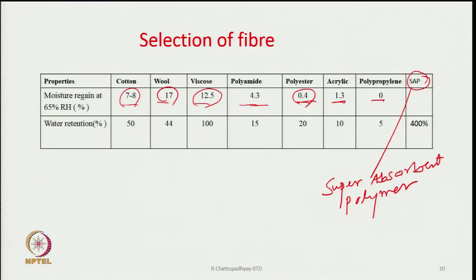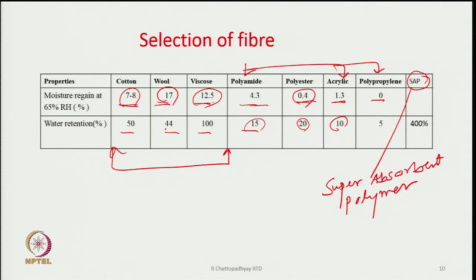The point is that all these fibers, the cotton, wool and viscose rayon in this case, show a contact angle which is very low. That means wetting is very fast, liquid can easily wet these fibers. So, quick wetting is possible, whereas with the others it will not be possible. And the second thing is the retention part, which we also have to take care of. You see the retention of the liquid under pressure, these values if we compare, are on the lower side for these three fibers including polypropylene, whereas for these fibers the retention of water is much better even under pressure,